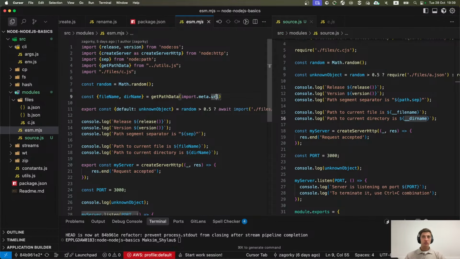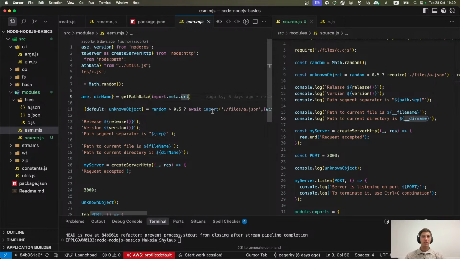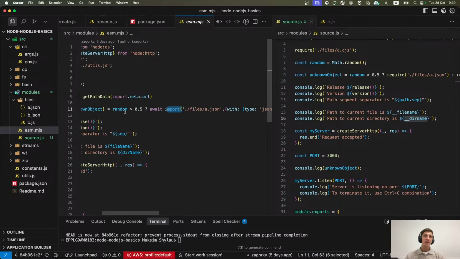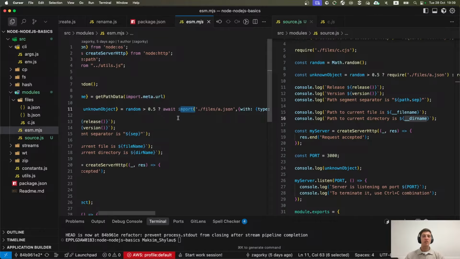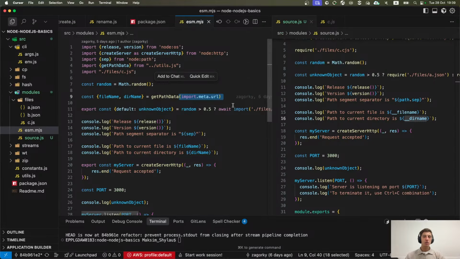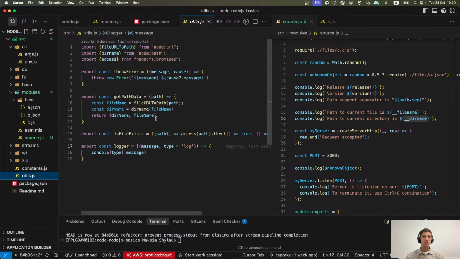How can you do it? Import can be used not only as a function, let's say. It also has some metadata, some properties. So you have import.meta.url, which is a URL to your current module. And using this getPathData util, you can perform this operation.